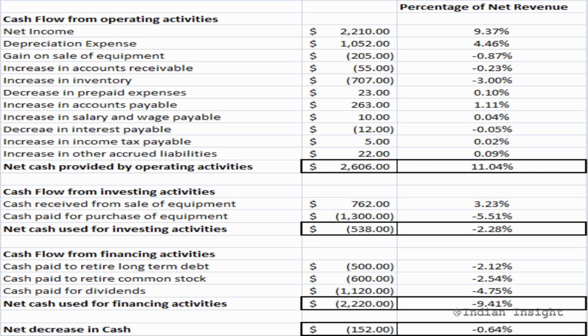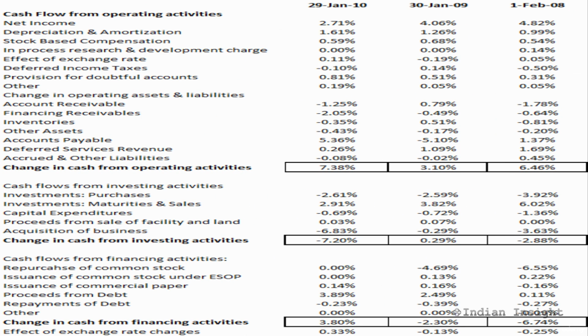The common size format makes it easy to see the trends in cash flows rather than just looking at the total amount, and it is very easy to use this common size statement to forecast future cash flows. This is so because each line item is represented as a percentage of net revenue. Now if an analyst forecasts net revenue for the future period, he can use the same ratios to determine forecast for each line item. Now let's take another example of common size cash flow analysis using the net revenue.